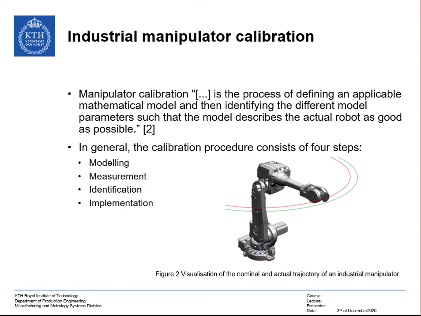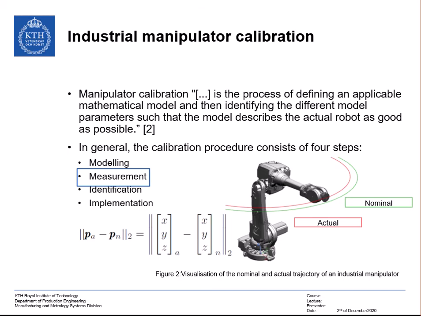The robot models and the algorithms for the parameter identification are available in the scientific literature. In the laboratory, these will be provided to you. You will have to focus on the measurement phase. In the measurement phase, the actual robot is measured to identify its kinematic parameters. This process must be done for each robot individually. This idea is visualized in Figure 2.